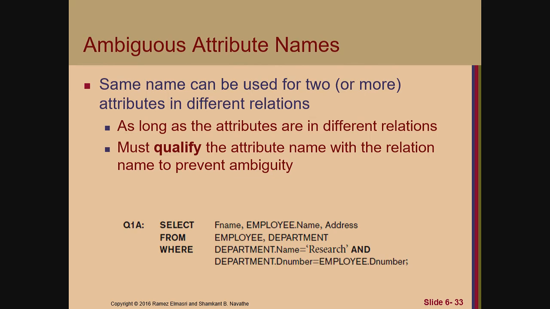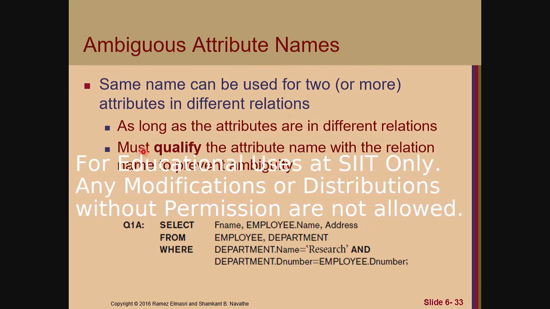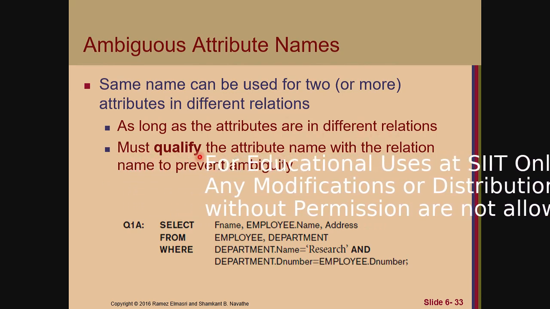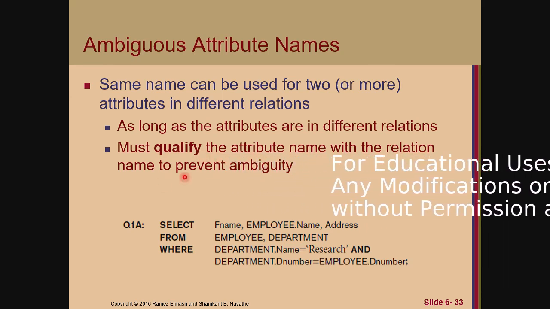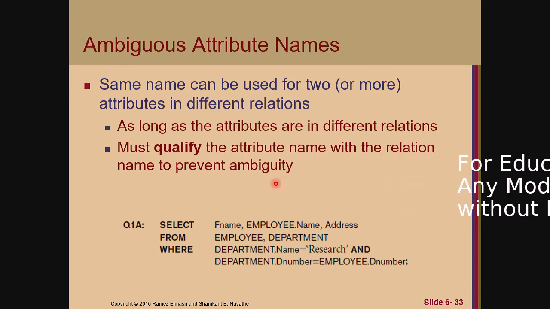Okay, so next is sometimes we have some problem about ambiguous attribute names. If we have the same name, it can be used for two attributes in different relations. As long as the attributes are in different relations, we must qualify the attribute name with the relation name to prevent ambiguity. Like I write down on the table